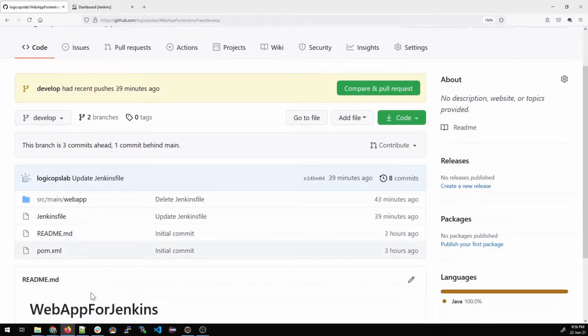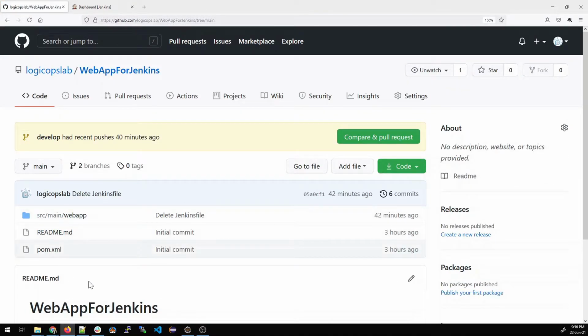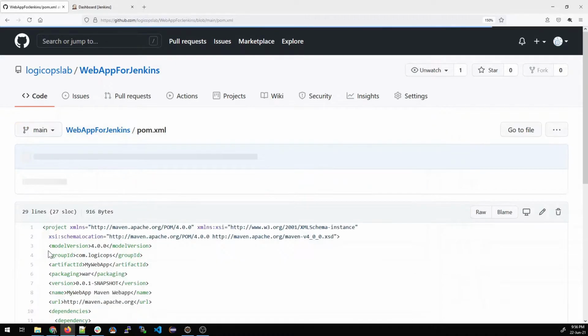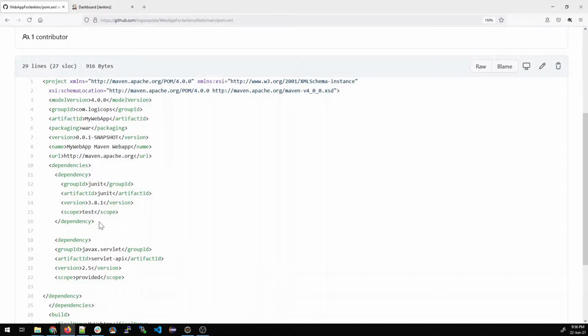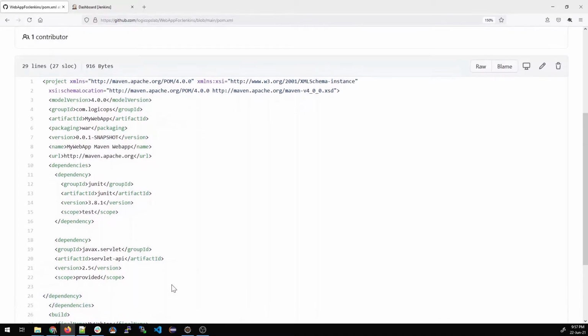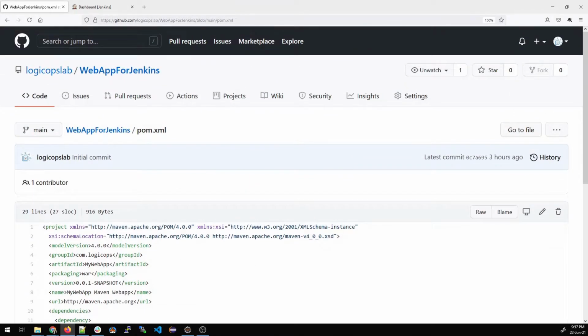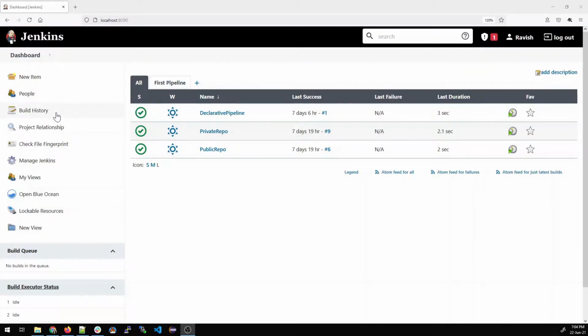And then you can see there are other files as well. But when you compare it with the main repository, main branch, you won't find any Jenkins file over there. And both have the same pom.xml. If you talk about the pom.xml, you can see the dependencies. There is a dependency for the Javax servlet, and another for the final name for my web app. So that's a very basic idea. You do not need it right now. You can just copy it through my GitHub account, and all of the material is public.